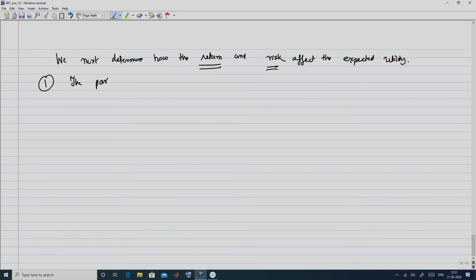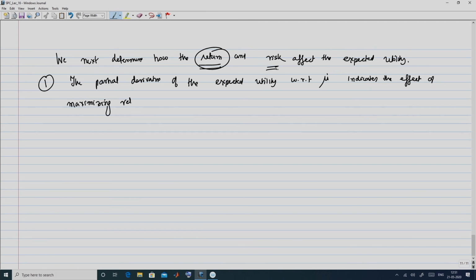So, the partial derivative of the expected utility with respect to the return, that is mu dot, indicates the effect of maximizing return mu dot for a given risk class sigma dot. So, accordingly, using the chain rule, we have